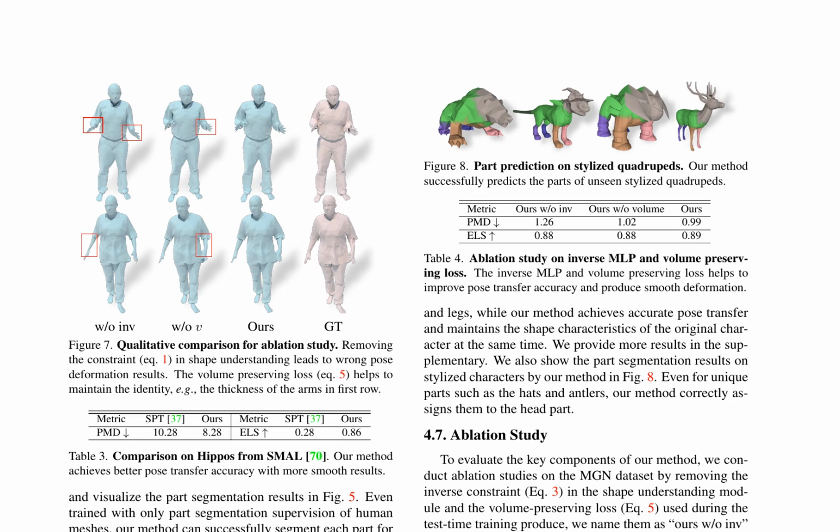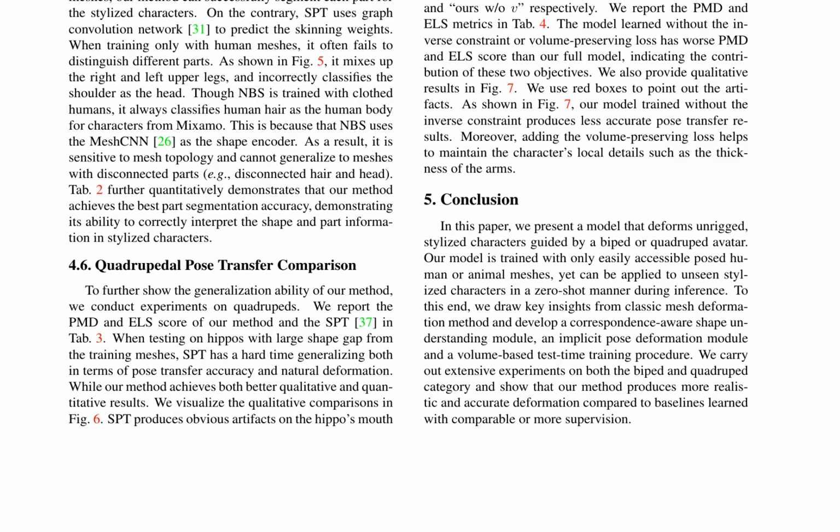The paper also proposes volume-based test time training to address surface distortion and long-tail pose distribution issues. This involves fine-tuning the pose deformation module on unseen stylized characters and applying a volume-preserving constraint. The method is evaluated on various datasets, including MGN and Mixamo, showing improved pose transfer error and character smoothness compared